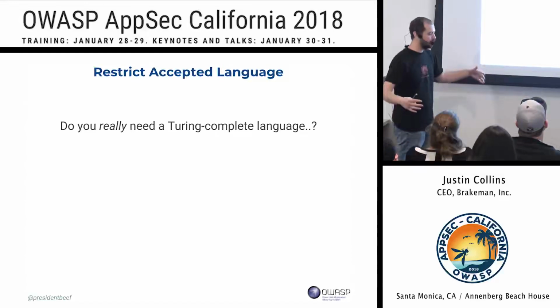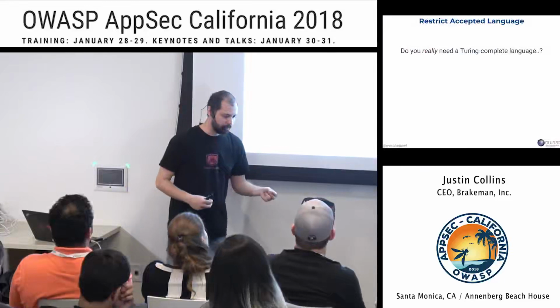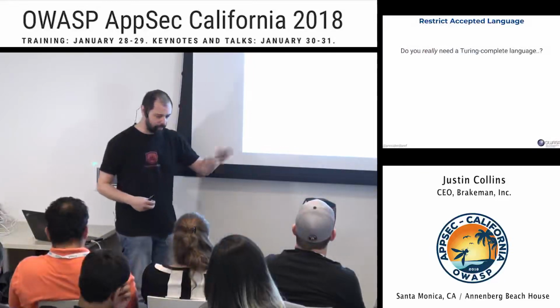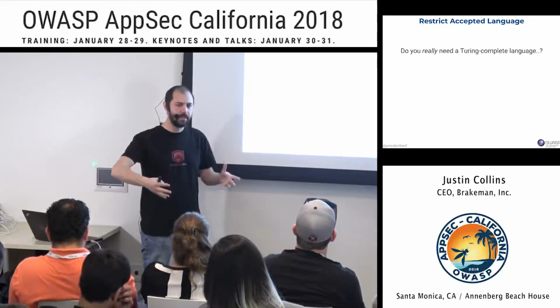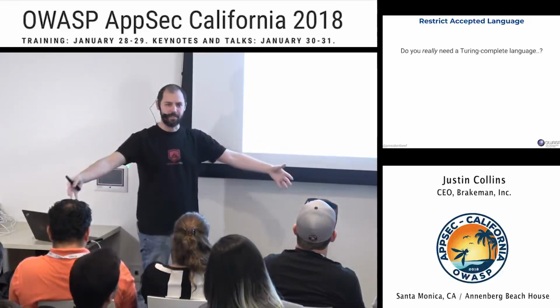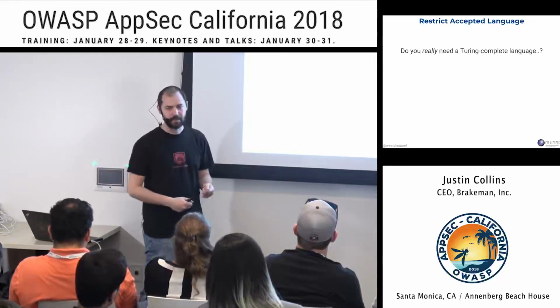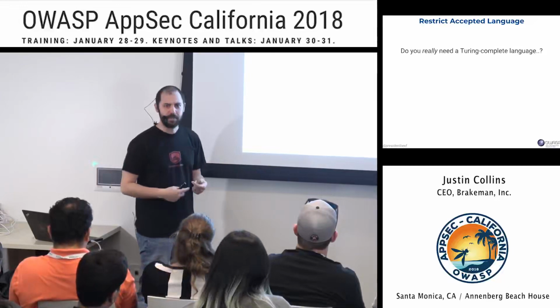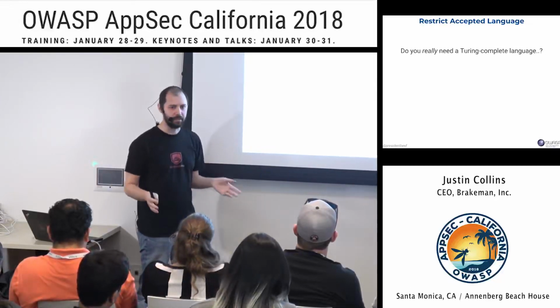So again, it's just a thought: if you're building a library or an interface, generally you're thinking, I want to provide the programmer all the power they could possibly need, and then it's their job to figure out how to use it safely. Maybe think about it the other way, right? What do I have to expose and what can I leave out?